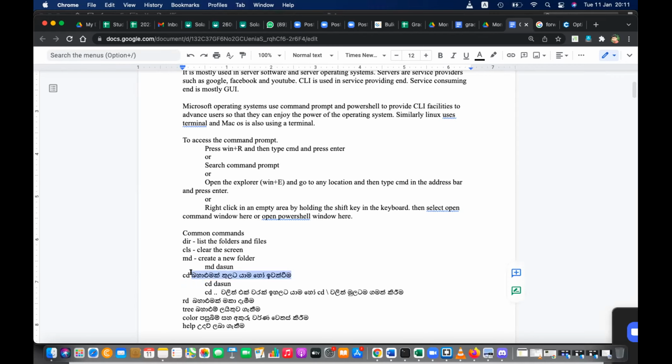CD accesses a folder. CD double dot goes back. And CD backslash goes to the root.